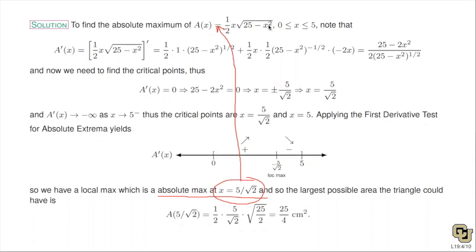We get 25 over 4 centimeters squared. So that would be the largest area of a right triangle where the hypotenuse is fixed at a length of 5 centimeters. Optimization problems are important from a manufacturing standpoint because we want to know exactly how much material we're